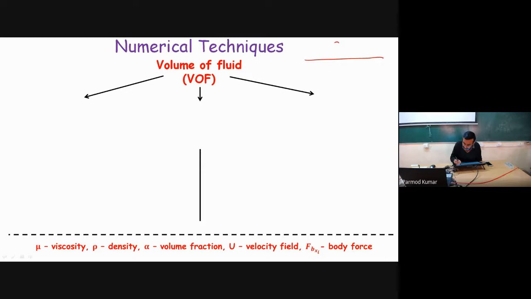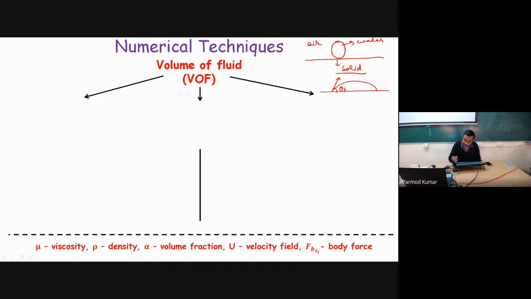Say I have a spherical drop of liquid or water, and in the surroundings I have air, and here I have some solid surface. Obviously, when this spherical drop touches the solid surface, it will be spreading